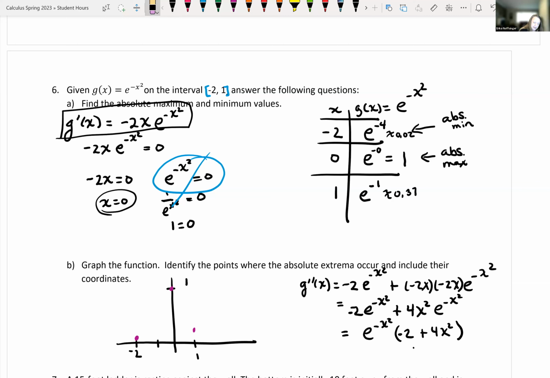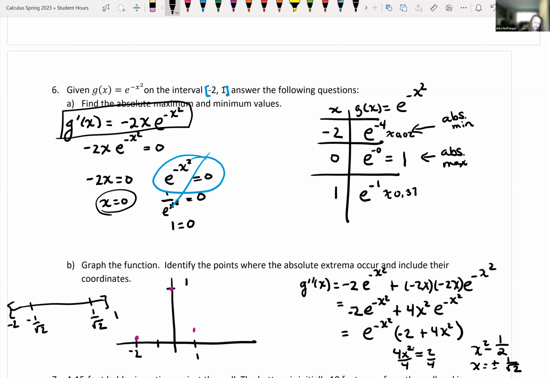Well, setting that equal to 0, adding 2 to both sides, we get 4x squared. We're looking at when is 4x squared equal to 2, divide both sides by 4. I'm looking at when is x squared equal to 1/2. Taking the square root of both sides, I get plus or minus 1 over root 2. If we look at that, a negative 1 over root 2 and a positive 1 over root 2, and we look at our intervals,